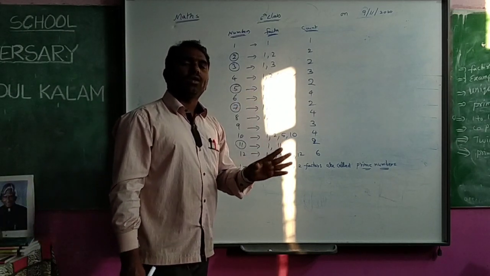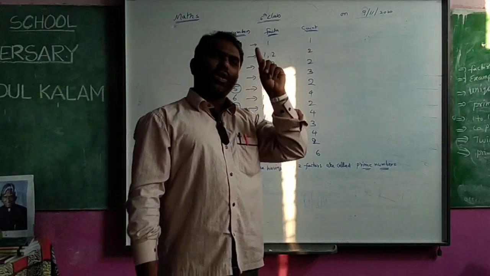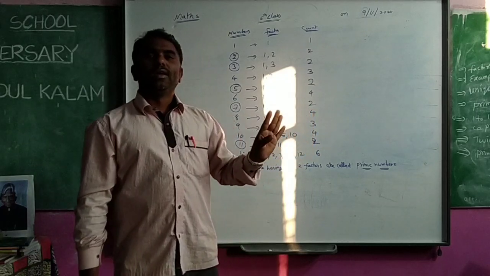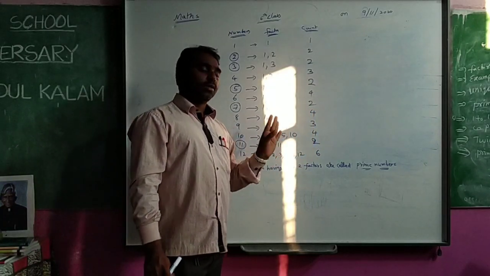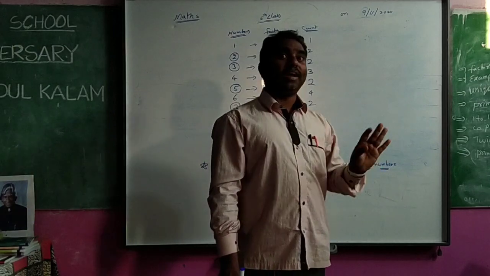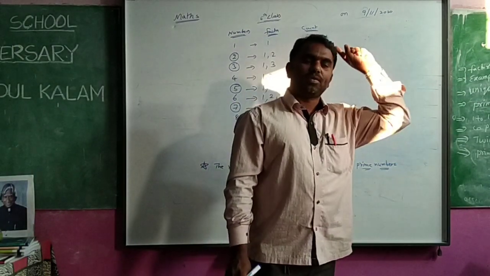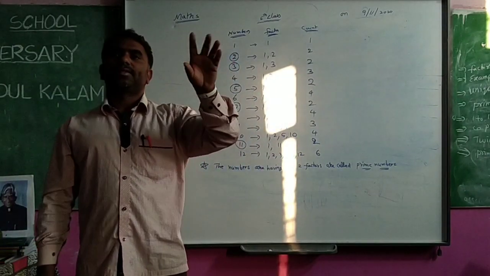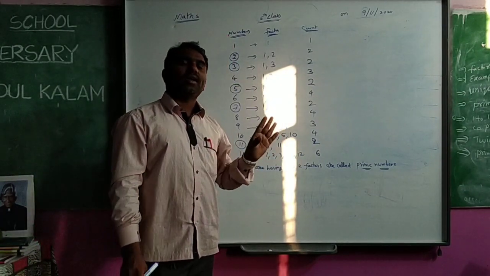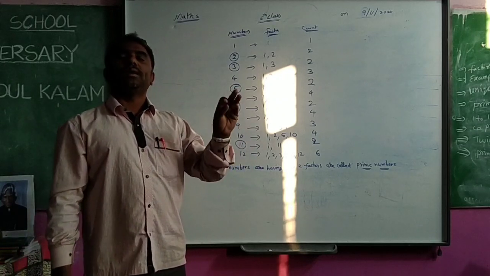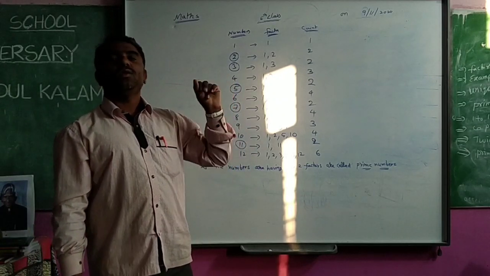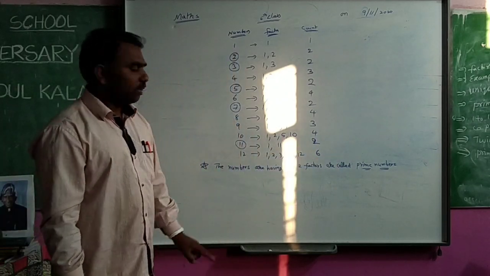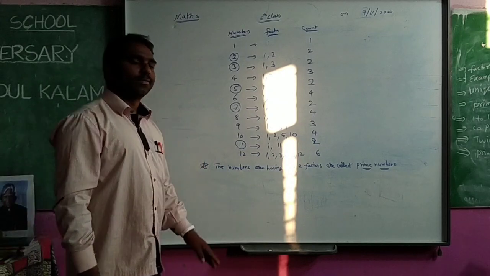Some numbers are there, you see 23. It will come in 23 table only and 1 table only. Okay. Some numbers are there like that. You can see that 91 is there. 91 also will come in 91 table only and 1 table only. Like that, so many numbers are there. Those numbers do not come in any other table. Those numbers will come in that table only and 1 table only. Those are called prime numbers. So they are having only 2 factors.